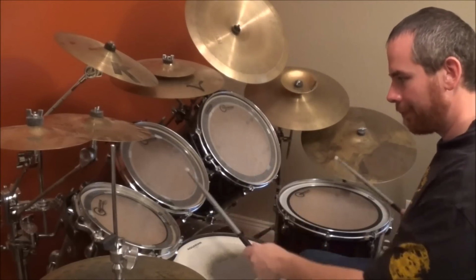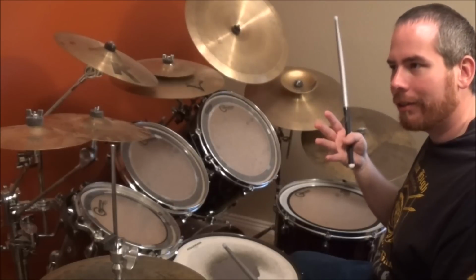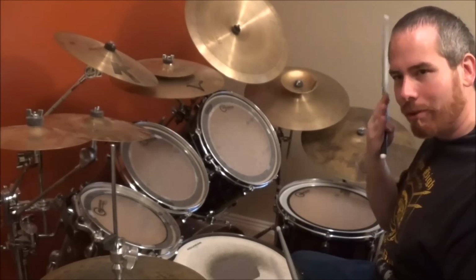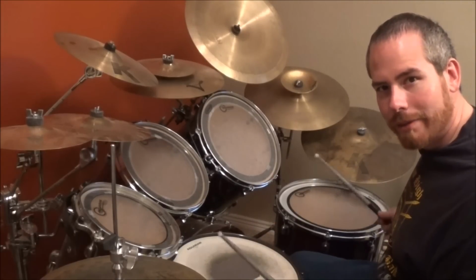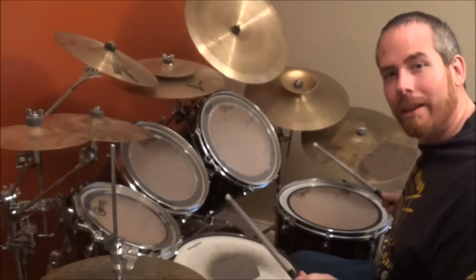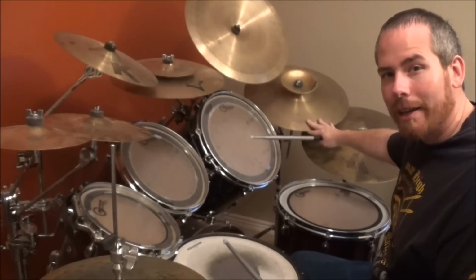The next one and 1. That starts the fill. Now I personally don't count it in 1/8 notes because it's kind of busy. 1 and 2 and 3 and 4 and. I count it in quarter notes every other time. So I go, I'm just not counting the ands. 1, 2, 3, 4, 5, 6, 7, 8, and be sure that you crash on the and of 8 with